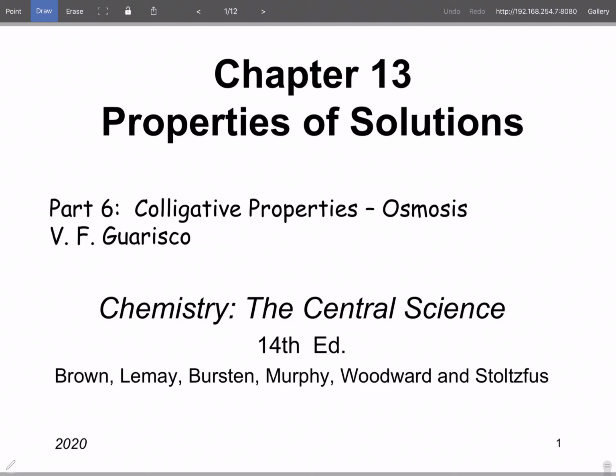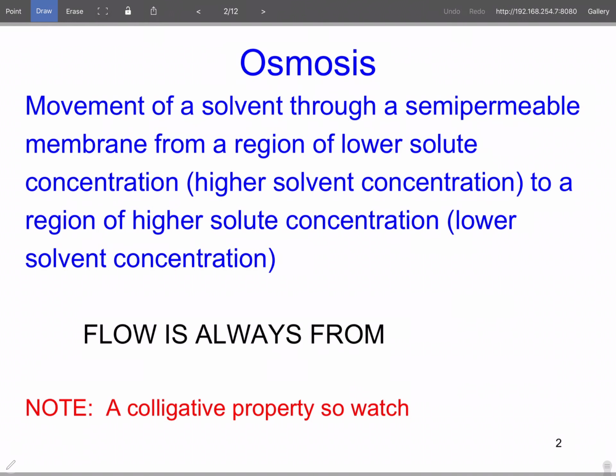Let's continue to look at the colligative properties, but in this one we're going to look at osmosis. Now, osmosis is the movement of a solvent through a semi-permeable membrane from a region of lower solute concentration, higher solvent concentration, to the region of higher solute concentration, lower solvent concentration. Wow, that was a mouthful. So basically what we're trying to do is move the solvent